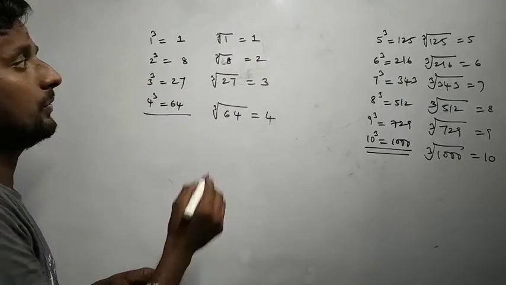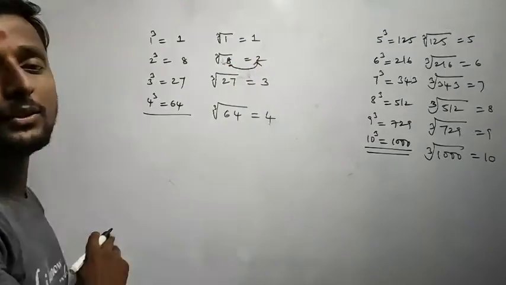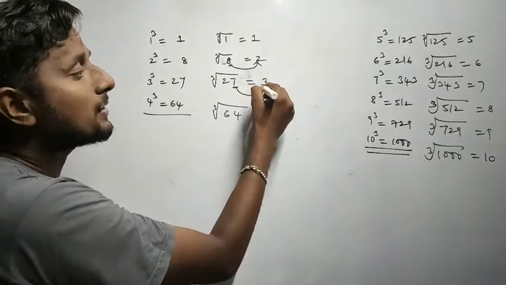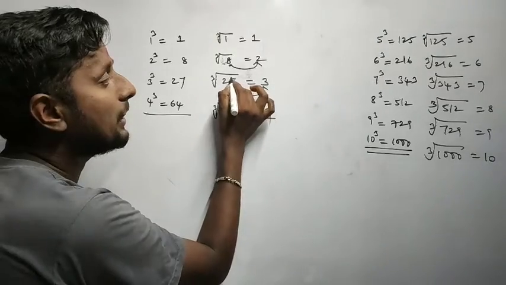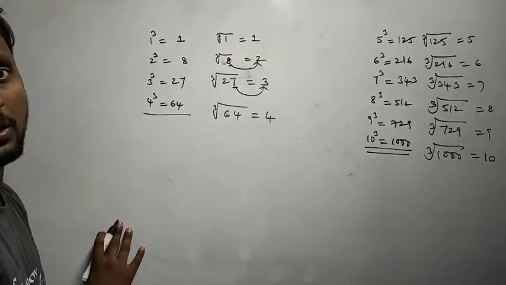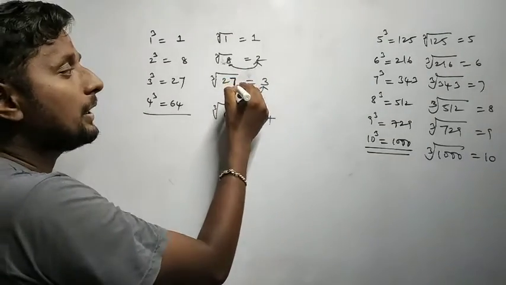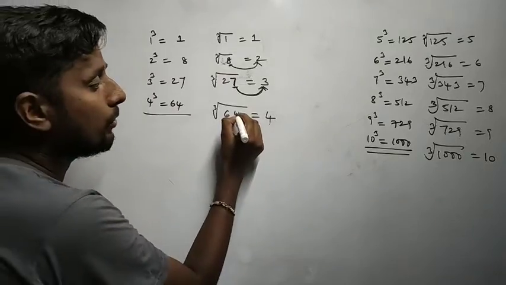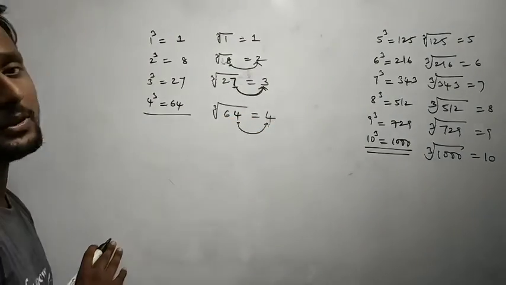Now look at this: if the digit ends with 2, its cube root has a unit place 2. If a digit ends with a 7, its cube root has the number 3. So the 3 gives the answer 7 as the end number in the cube. If a cube root ends with a 7, the unit digit of the result ends with a 3. If the cube root ends with a 4, the unit digit in the answer also ends with a 4.